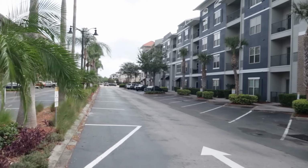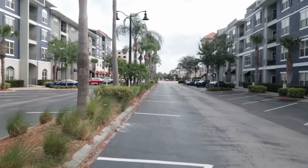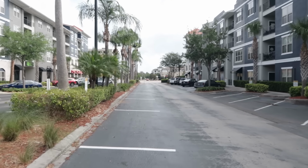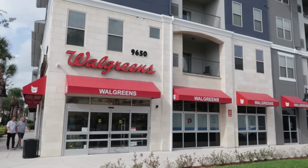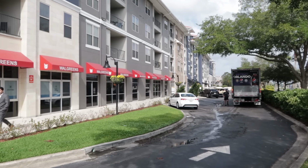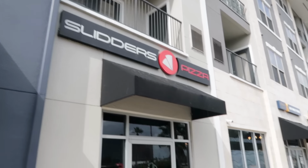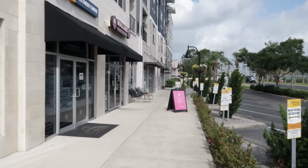But behind us, as we turn around, Epic Universe is pretty much right that way. But I'm going to show you some of the things you have here at the front of the resort that would come in helpful during your stay. A super duper convenient Walgreens and a few other things just down this way that may interest you during your stay. I love Sliders Pizza, and then just a few steps away, Small Cakes,